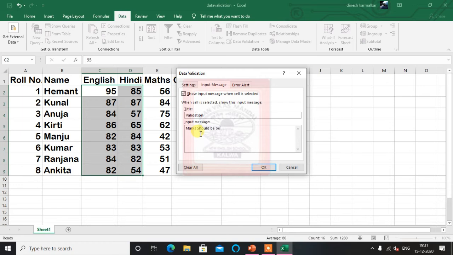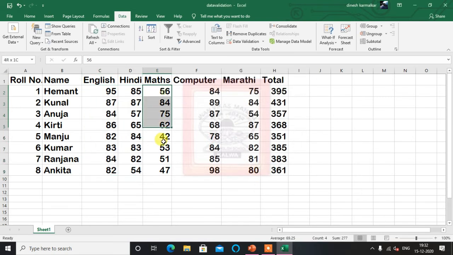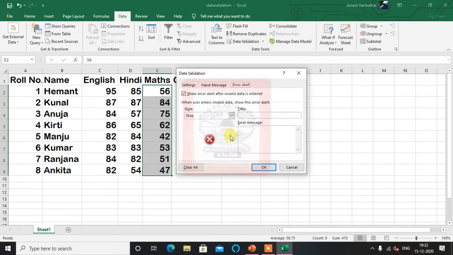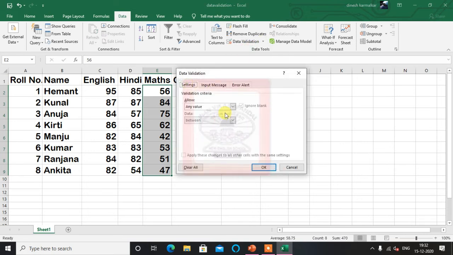marks should be between 0 and 100. Input message here should be validation, and for the error, invalid marks, try again. Okay, and for this I am giving 80 marks, so we'll create another rule, 0 and 80.